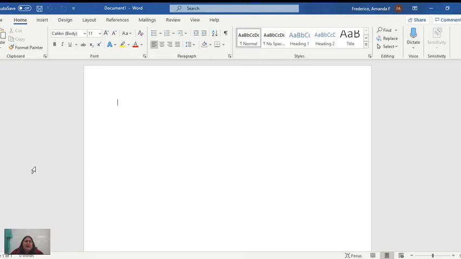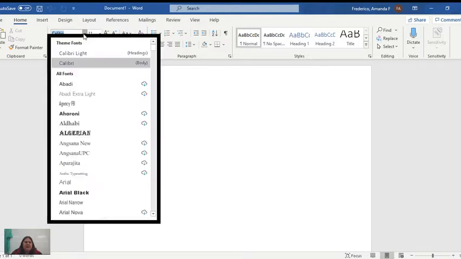How to format a Word document if you're using Office 365 or Microsoft Word instead of Google Docs to type your research paper for your project. So you can tell that this looks a little bit different from a Google Doc, but most of the functionality is the same. The first thing we're going to do is change the font